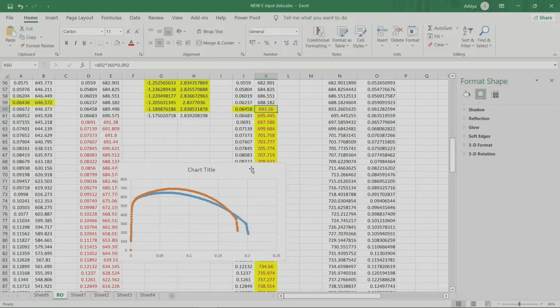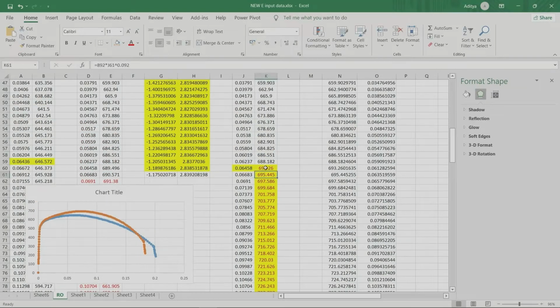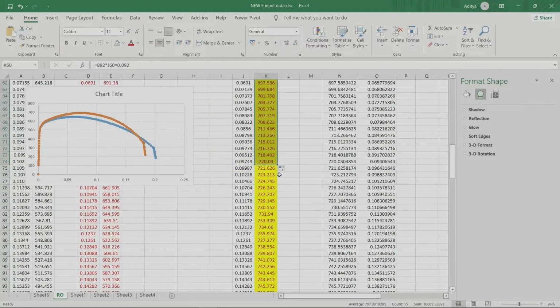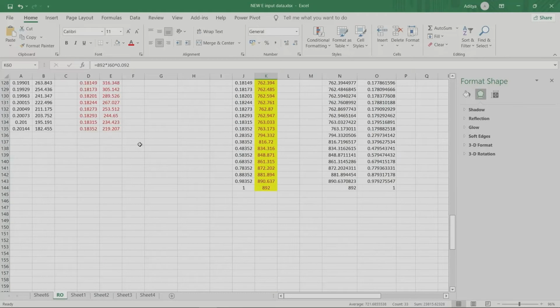That will give you only the rising portion. Say you make an equation here, put equal 892, that is your K, multiplied by true strain raised to the power strain hardening exponent. Put equal and then drag that data up to your final rupture point.